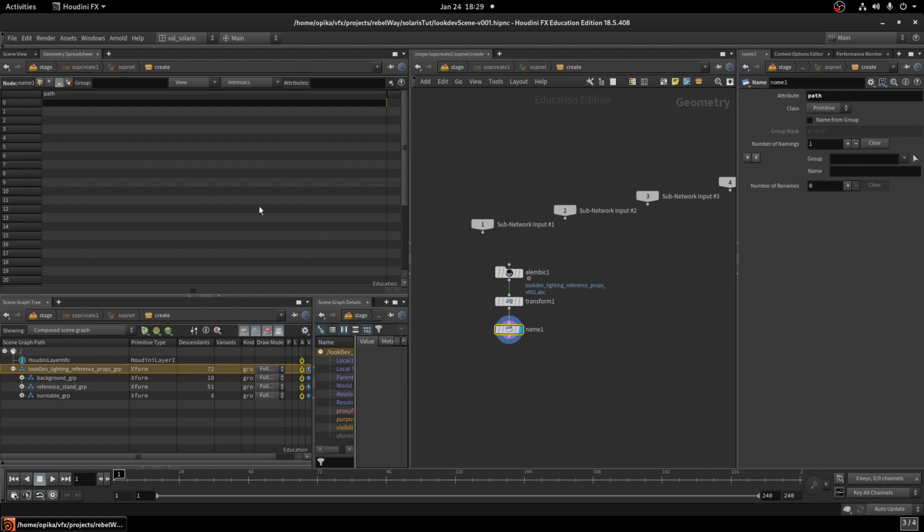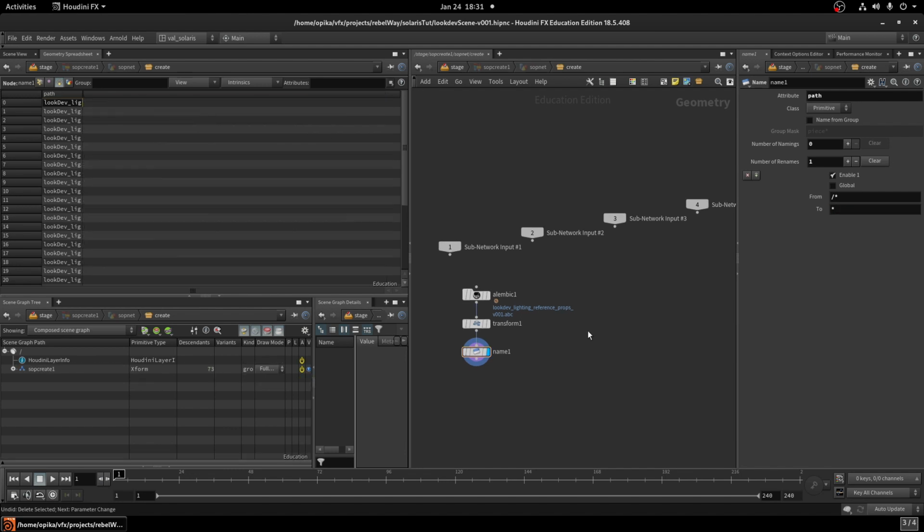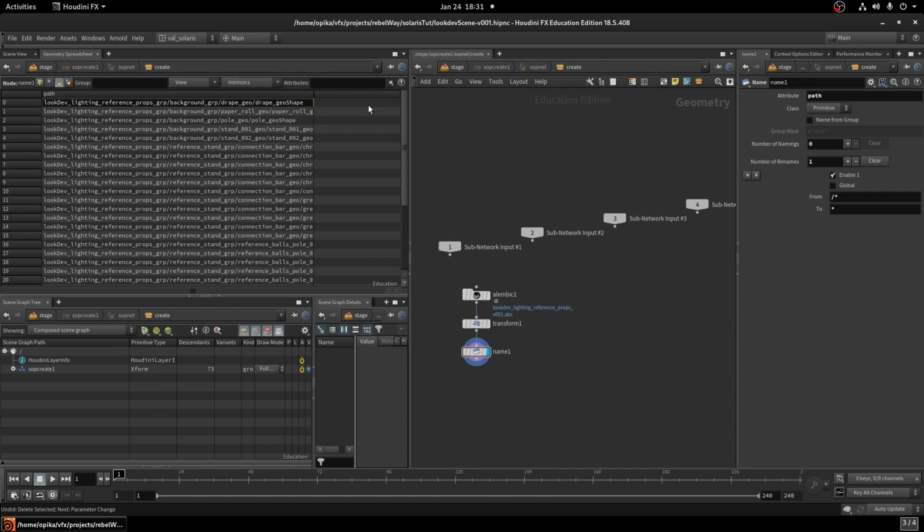What I want to do is remove the naming, and then instead of naming, do a rename, and just put an asterisk, and this will be a wildcard. So whatever is after a leading slash will be replaced by this. And okay, you can see that I got rid of the leading slash, which means now that I've done this,